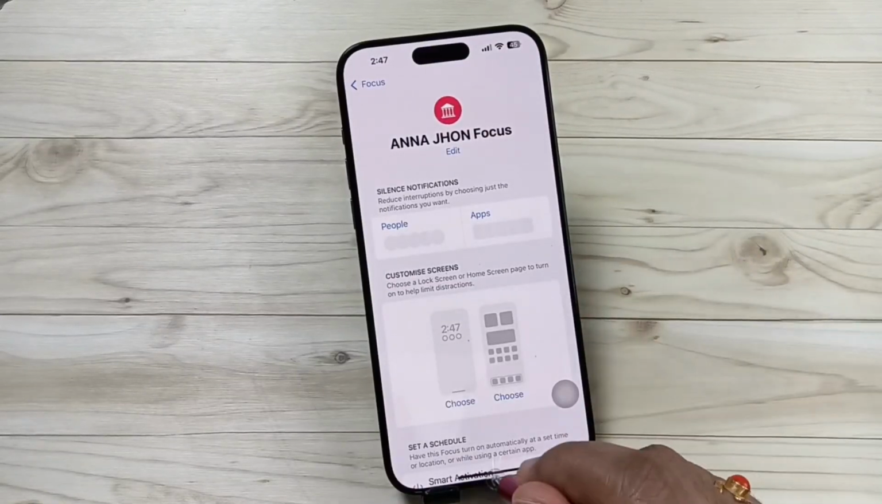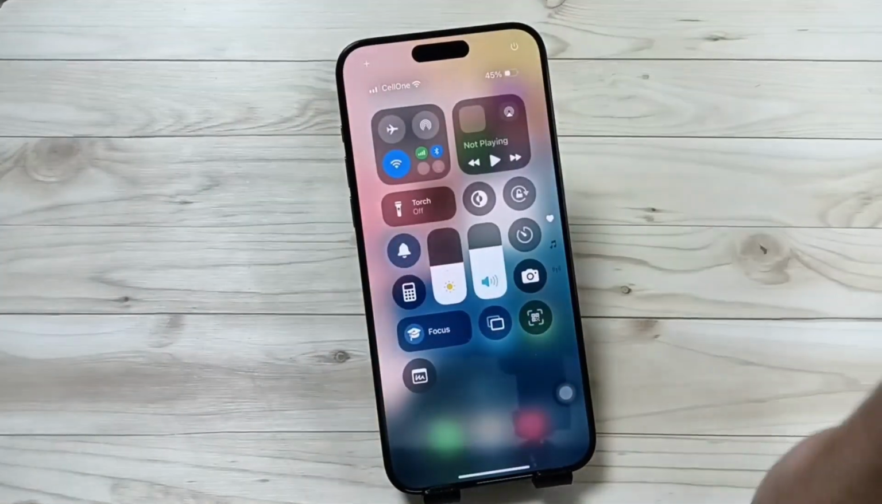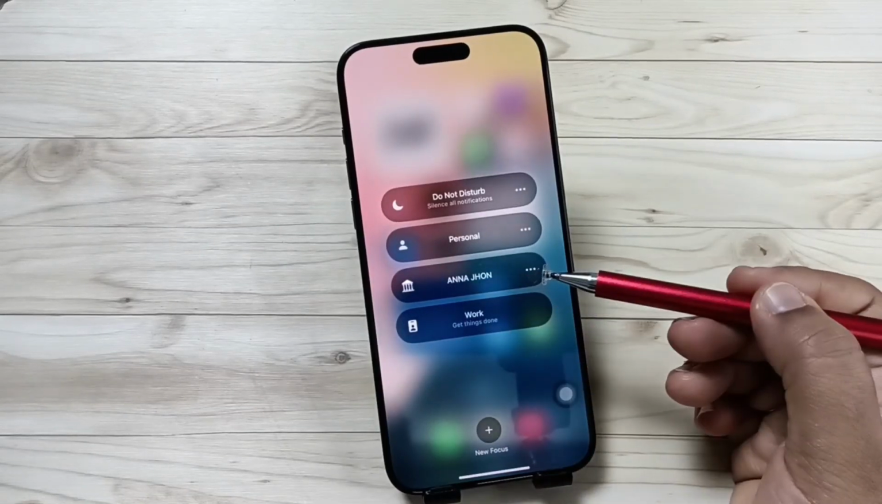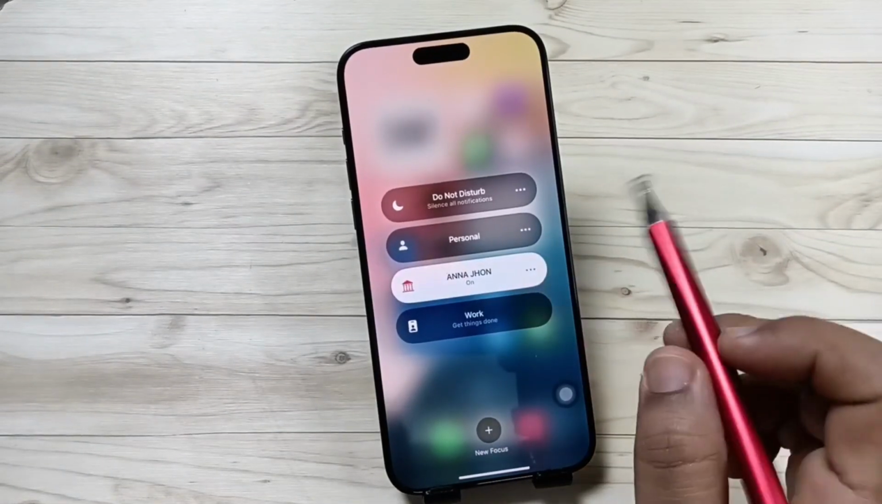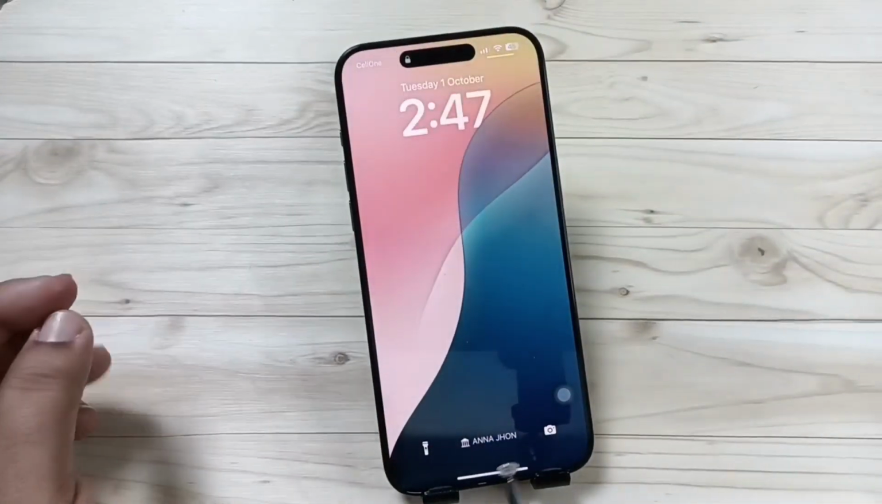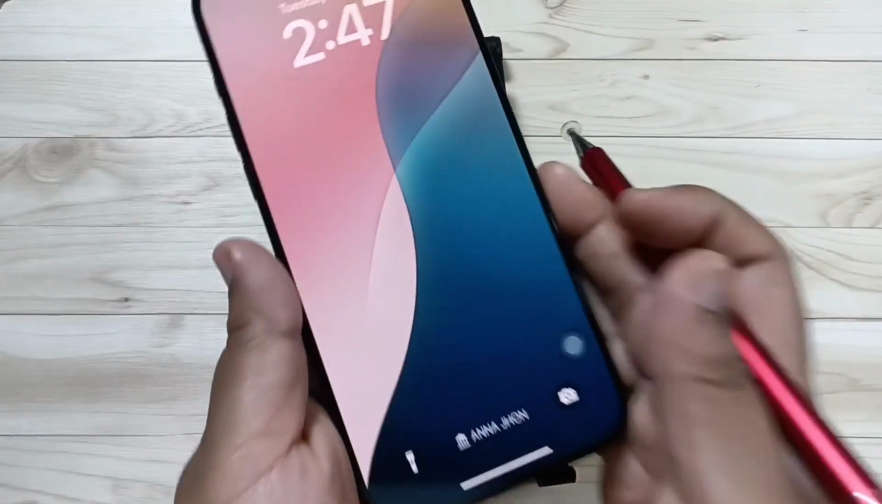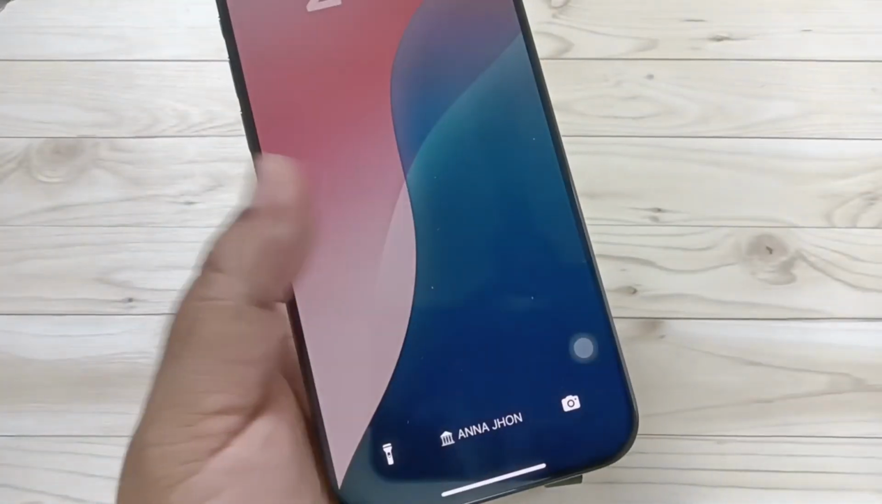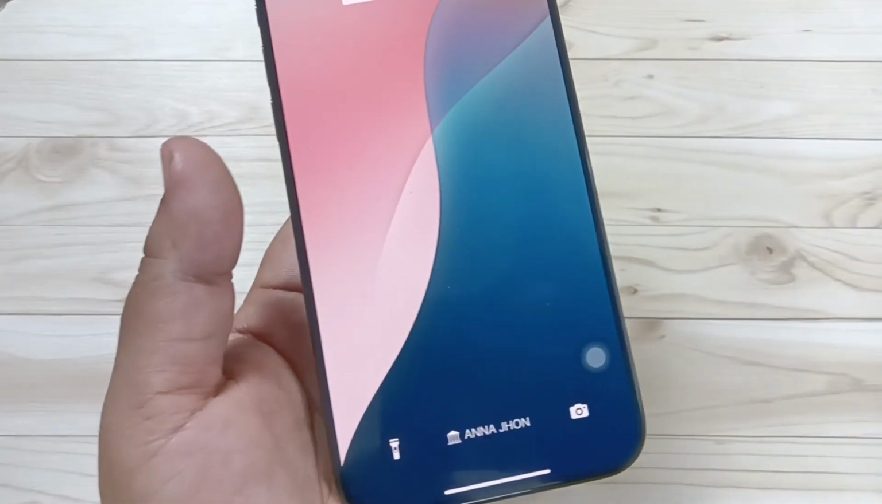That's it. Now again go to the control center, press and hold the control center. Now you can see your name is here. Tap on this one. Now it is turned on. Now lock the device. Now you can see your name is here at the bottom of the lock screen. You can see. So simply in this way you can add your name on your lock screen